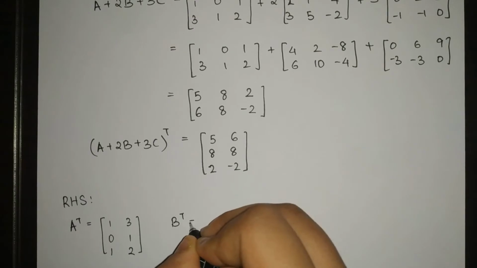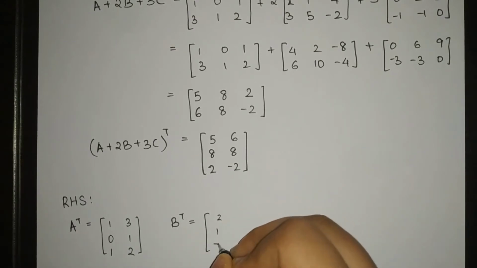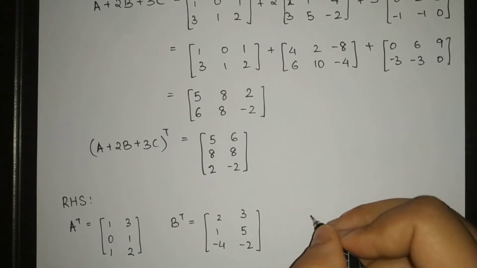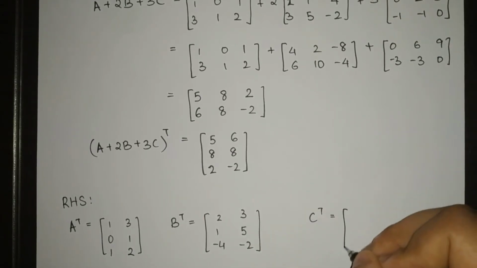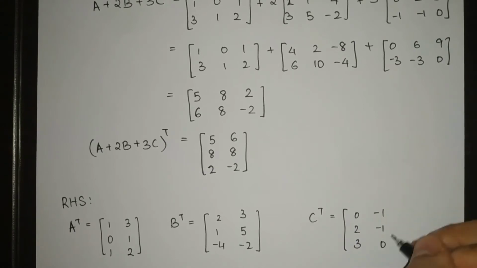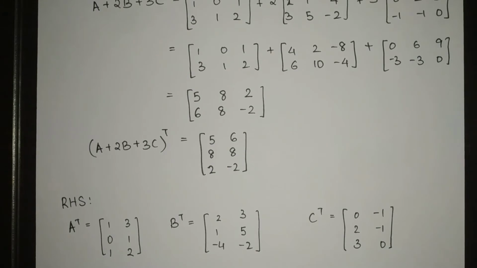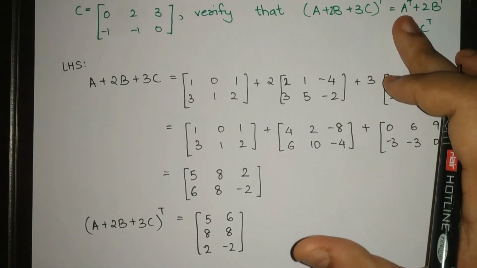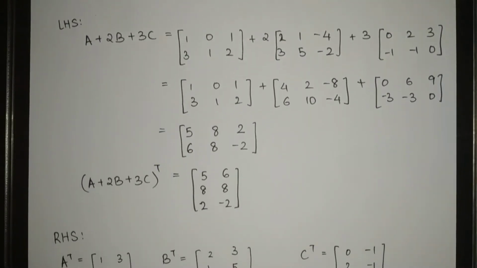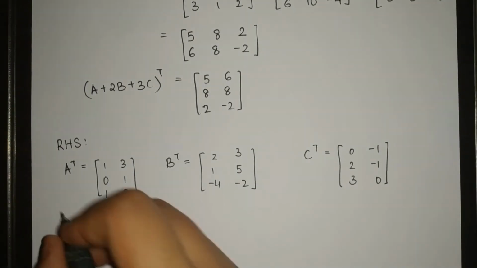So B transpose is equal to 2 1 -4 3 5 and -2. And lastly, C transpose is equal to 0 2 3 -1 and 0. Fine. Now we have to put it into that condition. हमें A transpose plus 2B transpose plus 3C transpose calculate करना है. So that is equal to